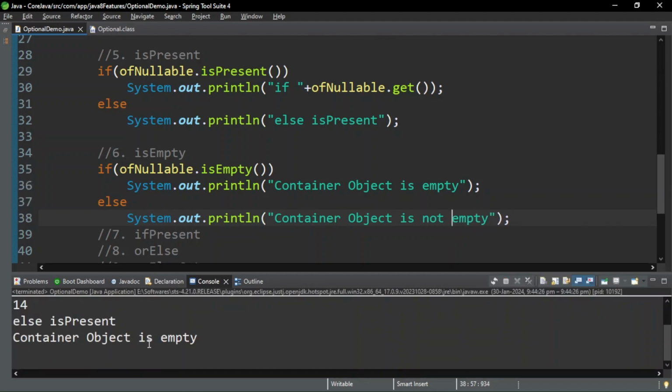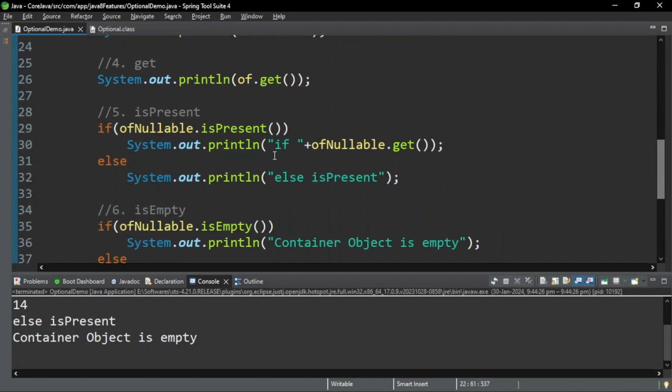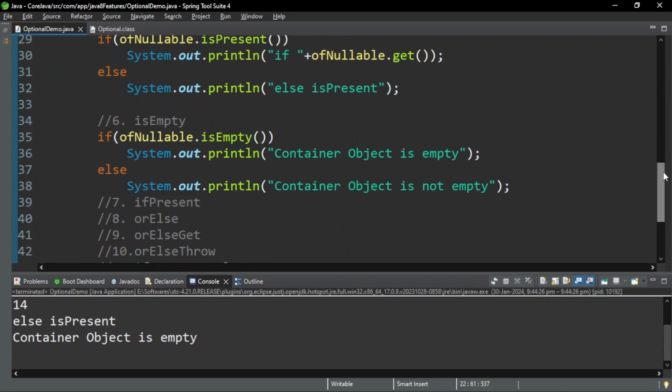Now let me try to run. So, container object is empty. Why? Because here ofNullable, if it is null, it will return empty, right? That's why in the fifth method it entered into the else statement. In the sixth method, it entered into the if statement, that is, container object is empty. So if I pass a value here,